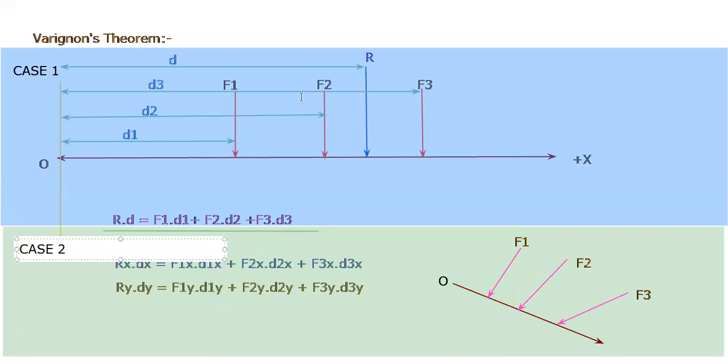So these are the case 1 and case 2. Okay, so in case 1 we got the simple expression, and in case 2 we got the somewhat complicated expression. Why? Because the angles are different. Okay, now how these angles are, we will just write for the example. This is first angle, this is second angle, and this is third angle.